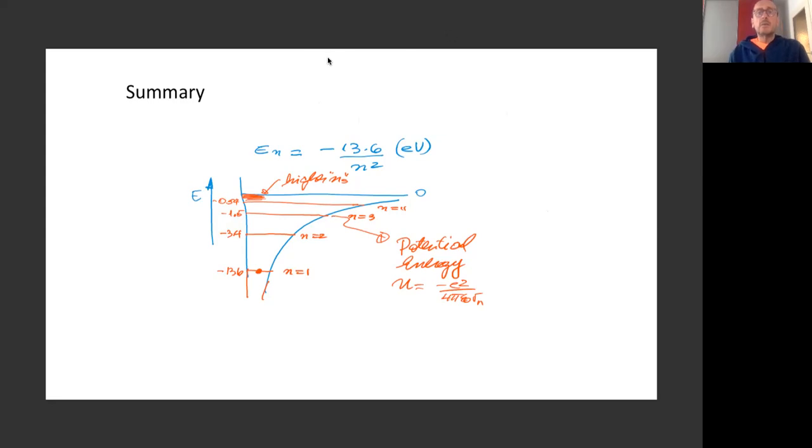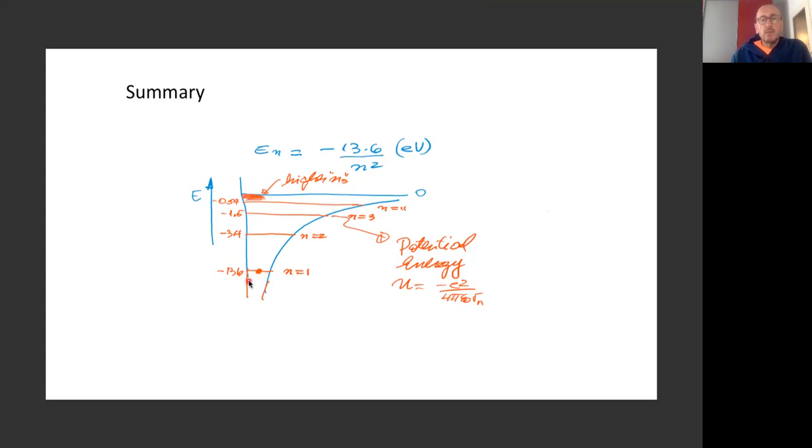Let me spotlight, yes. Follow this expression here, and you can see that the ground state, the ground level for the electron is not within the nuclei, but is at